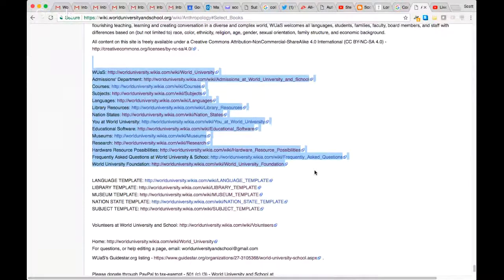And at the bottom of every wiki subject page at World University and School, including this main subjects page, are the 12 or so main pages at World University and School, the main area pages, the main ways World University and School focuses. And this includes admissions for matriculating students, courses, add a free open course you know about, subjects, that's where we are right now.